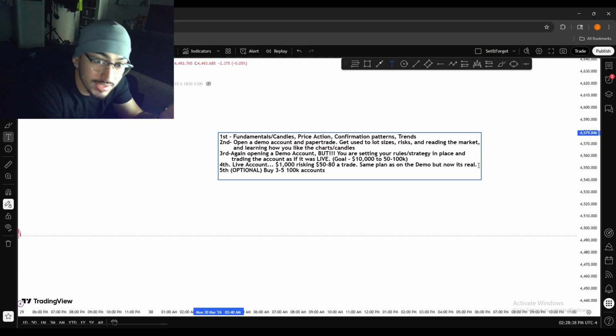And since you're already so consistent with the live account, once you get to the funding, it's going to be cake. Those rules are basically not going to even be in place because they're not going to affect you in any way, because you're already accustomed to trading, you're accustomed to using your strategy, and you already adapted to the fact like, okay, I just have to risk this much. I don't have to over exceed. I have 3 accounts, so you are able to adapt the way that you want to adapt,